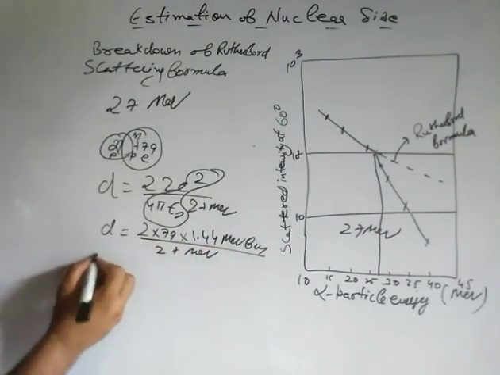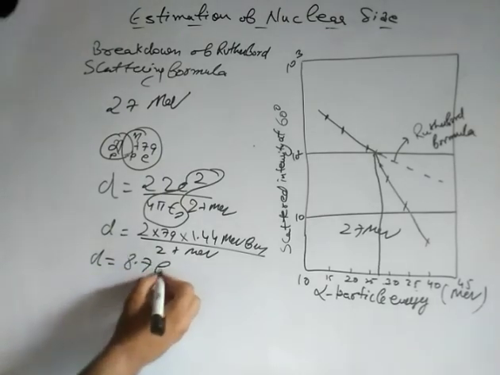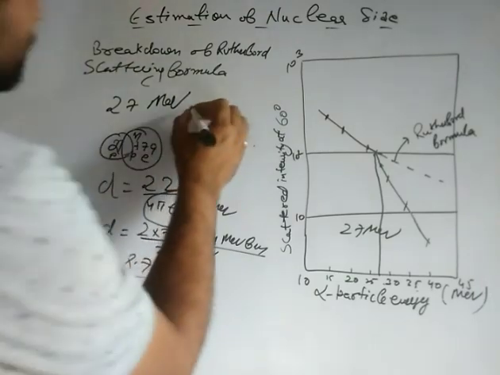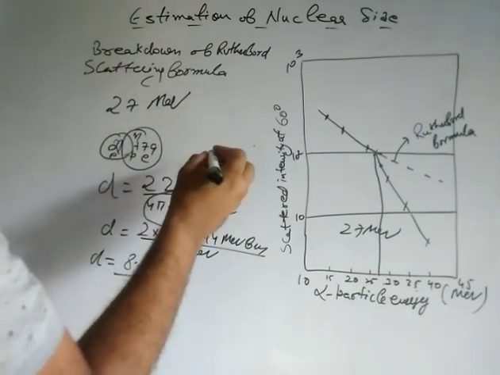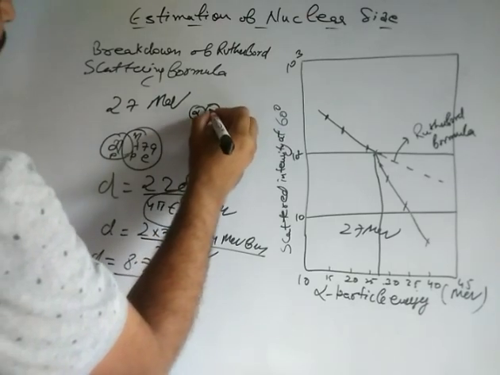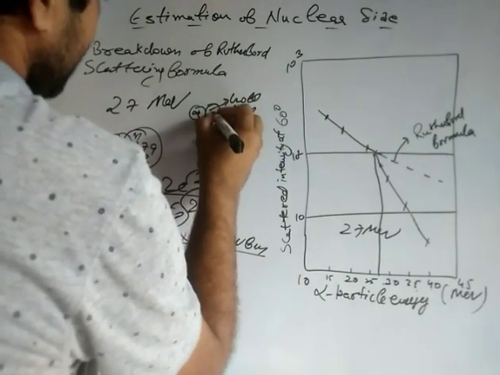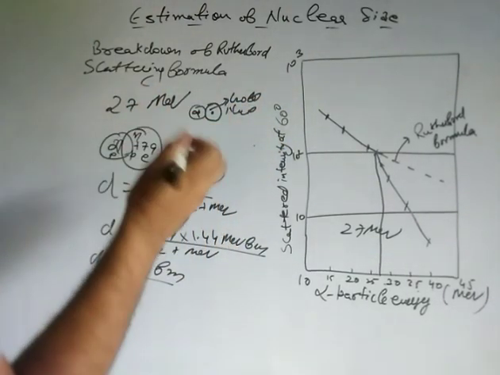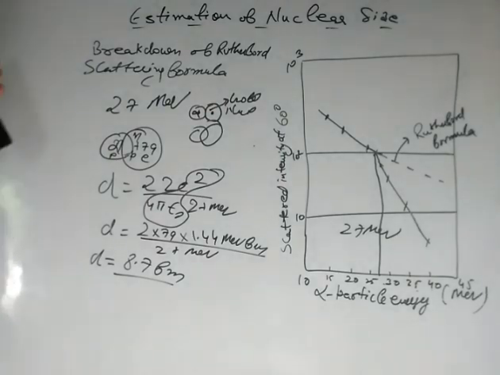When you calculate this value, you will find that D is approximately equal to 8.7 femtometer. It means at this energy you will have this type of separation between the alpha particle and your gold nucleus. So this is your alpha particle and this is your gold nucleus, and they will touch this way. This gives an estimation of the nuclear size of these two. If you have larger energy, then their nuclei will overlap each other. So you have a breakdown of the Rutherford scattering formula, and the point of breakdown gives you the estimation of the nuclear size.